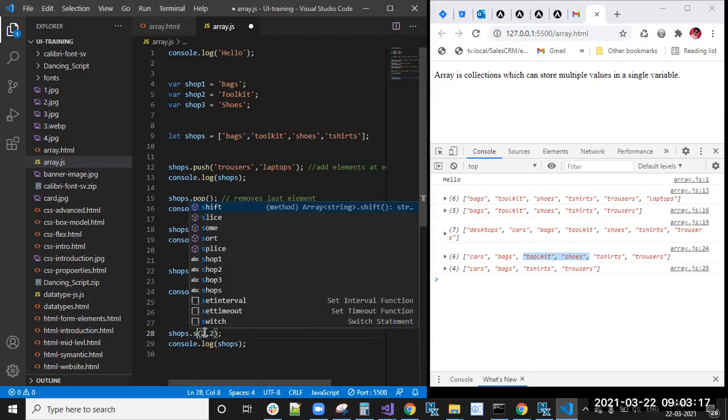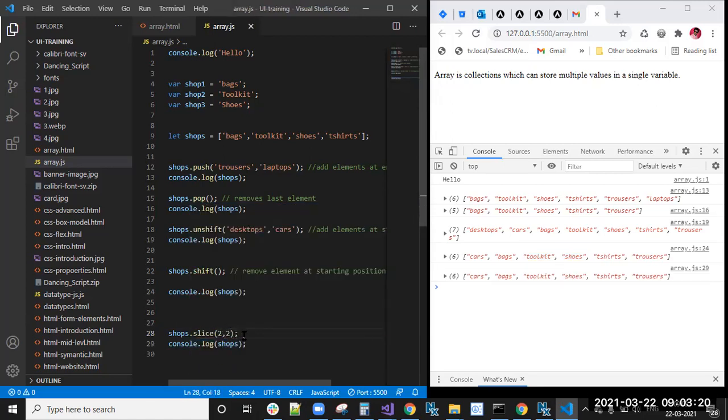And now we'll see the slice method. If you are using the slice method, the array stays the same. But the slice method will create a new array. So here what we will do: new shops equals shops slice of, console.log of shops, right? Now I will add console.log of new shops. Two comma